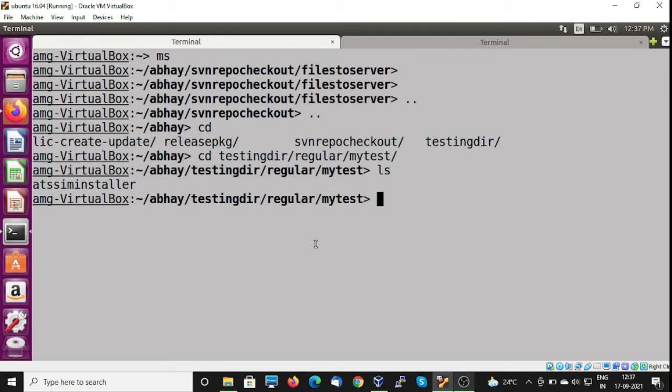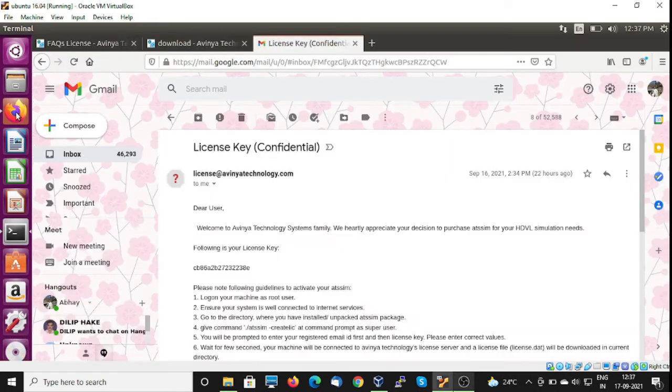Let us see the second path, where we shall define two environment variables, ATSM license path and ATSM package path. This information is given on the site.